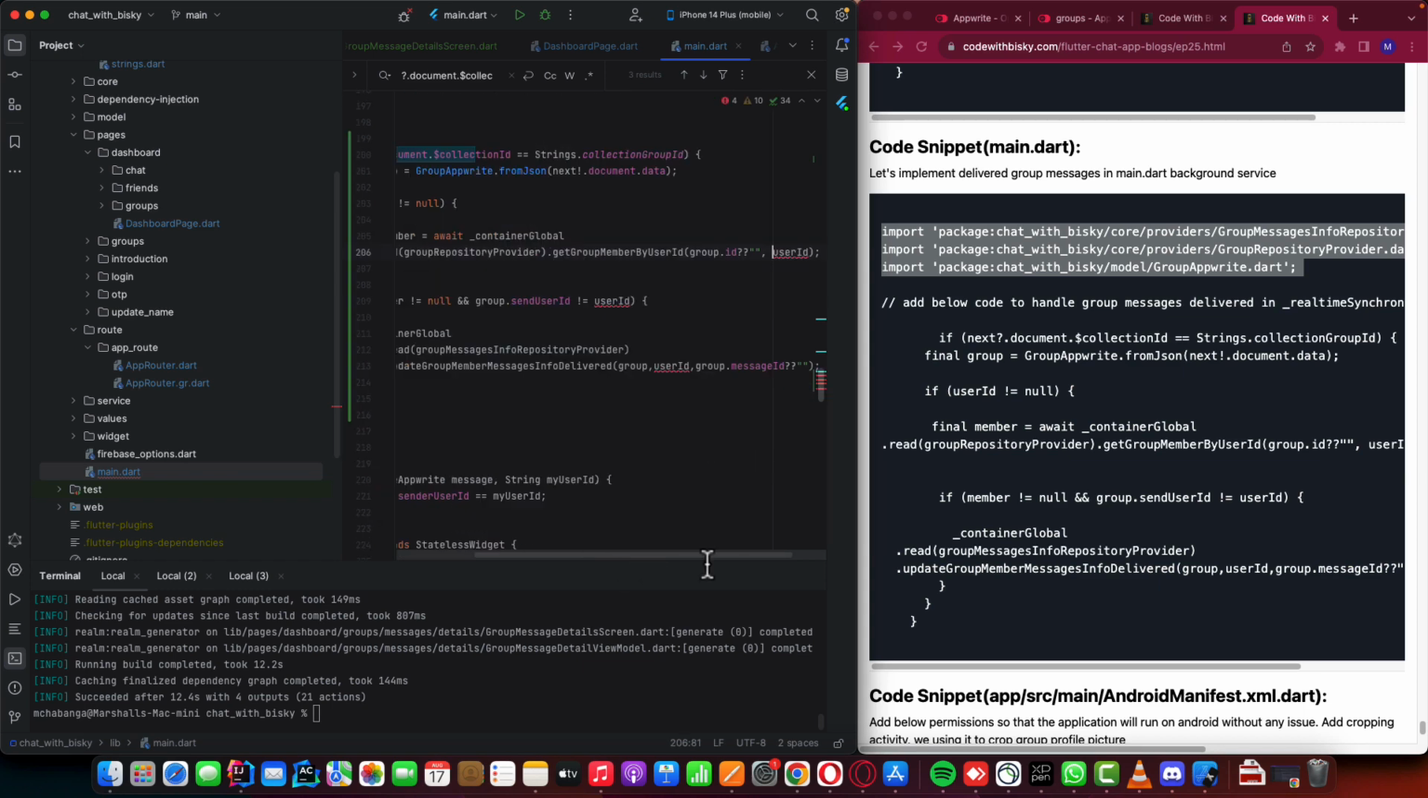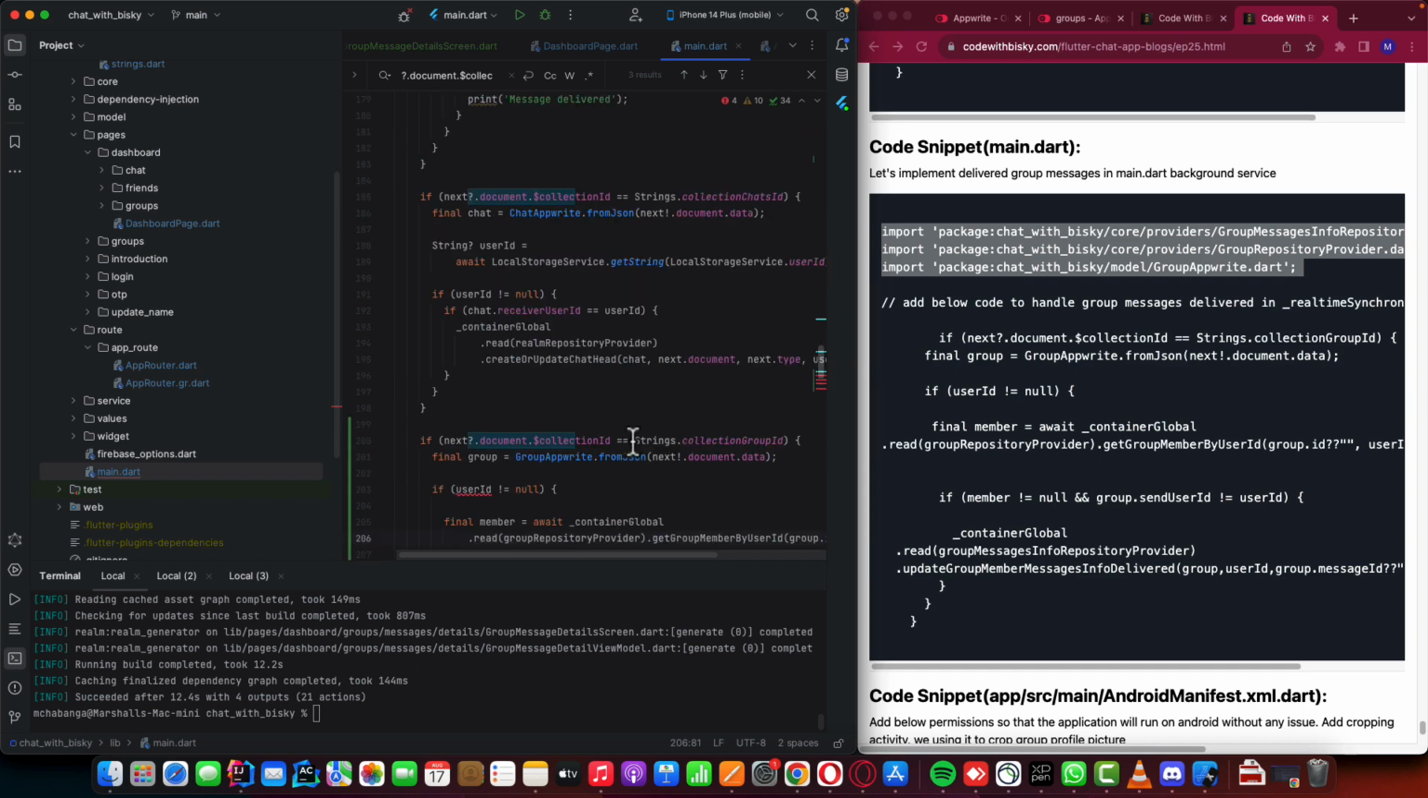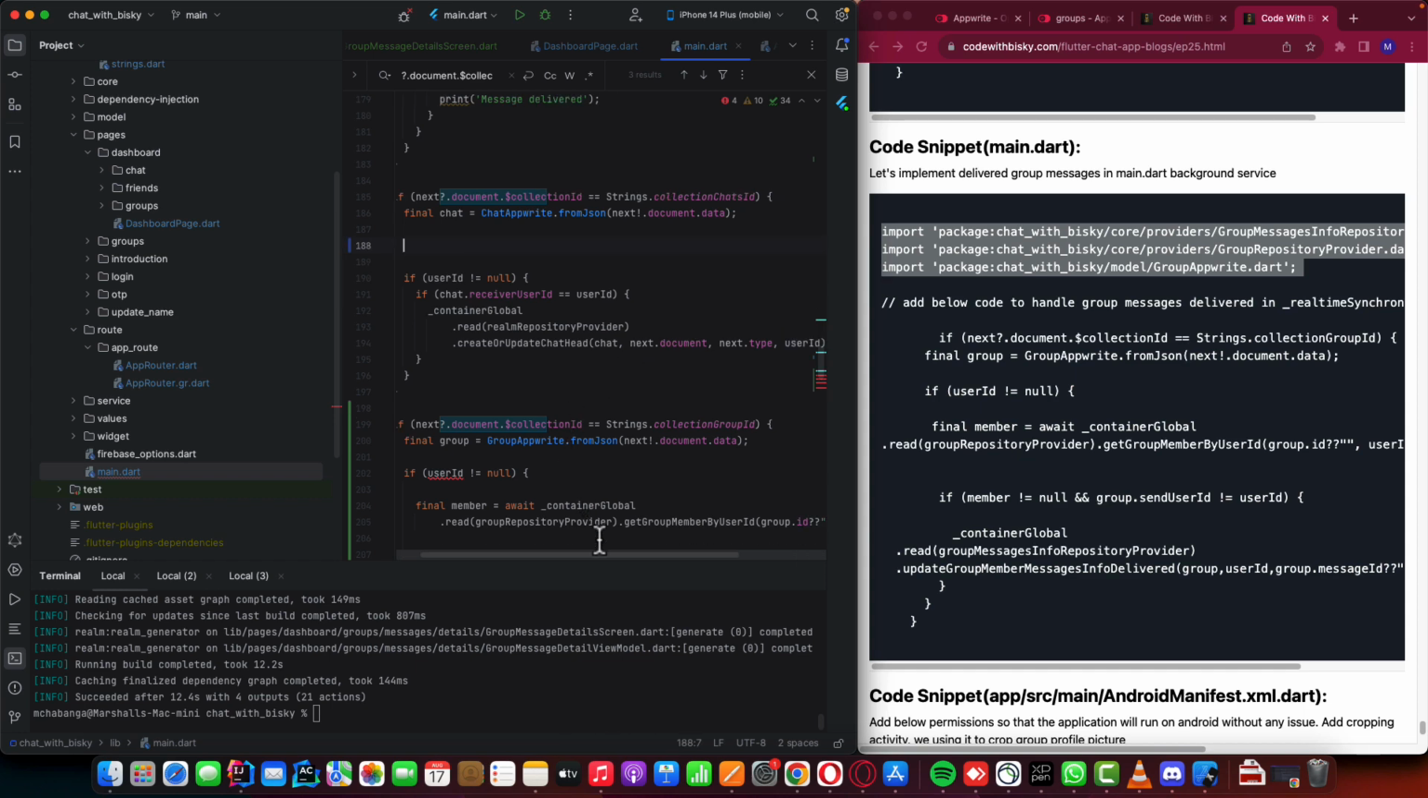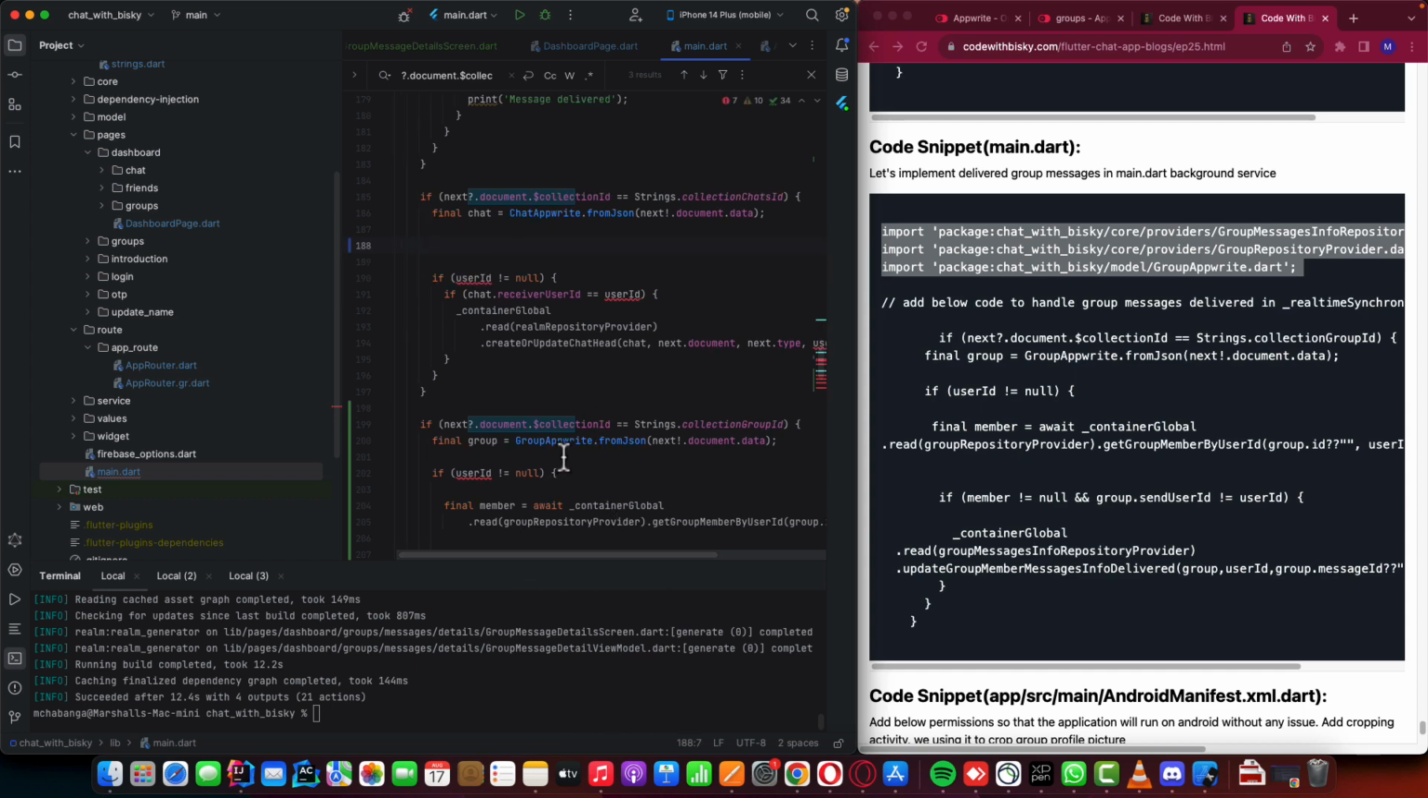After importing, we are now having these errors for the user ID. So I want to refactor here. We have the user ID here, and I want to remove this user ID. Don't worry, I'm creating errors, but